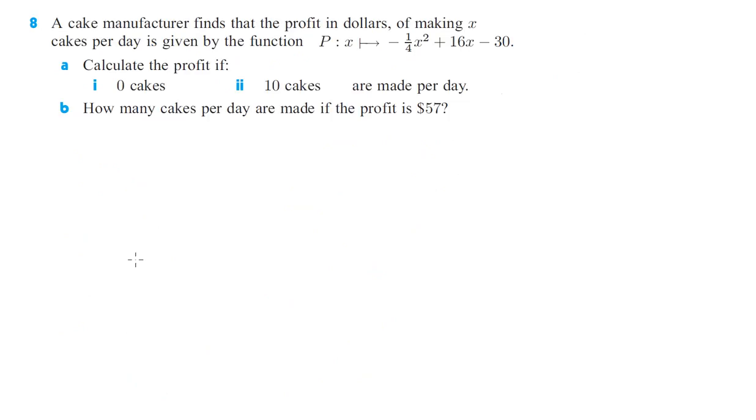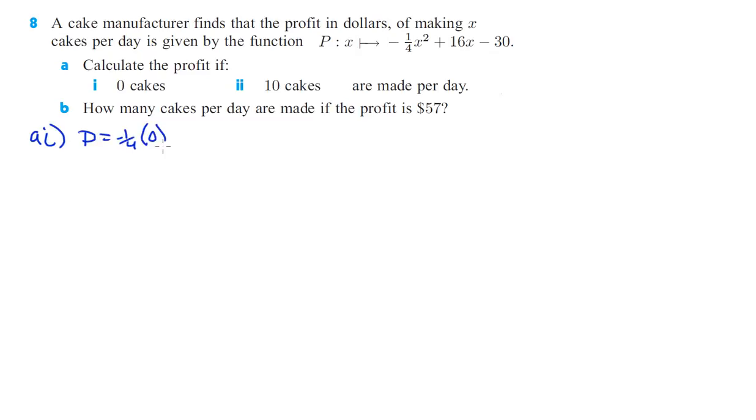Number 8, a cake manufacturer finds the profit in dollars of making x cakes per day is given by this function. Calculate the profit if 0 cakes are made. So part A, part 1 is no cakes. Let's just do this. Profit is going to be